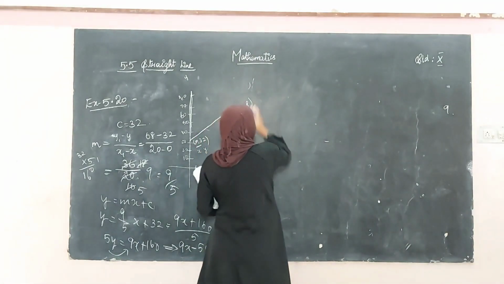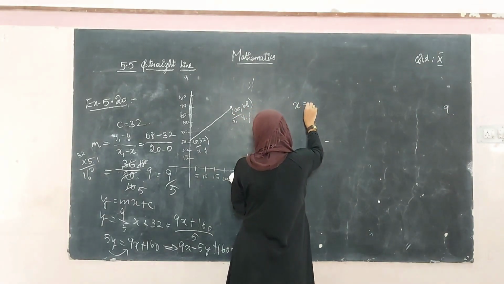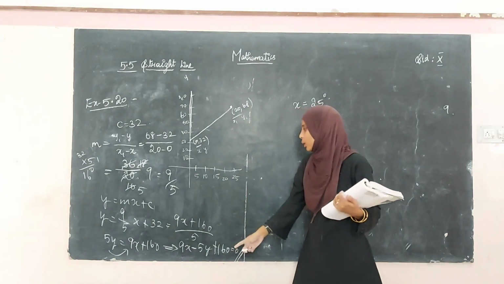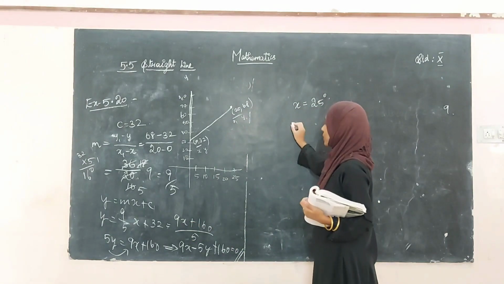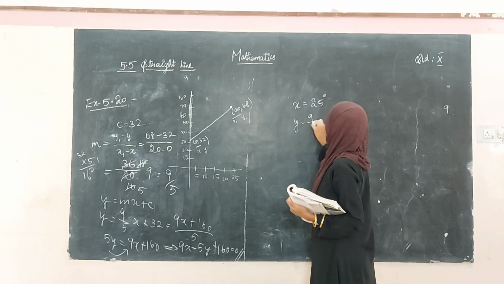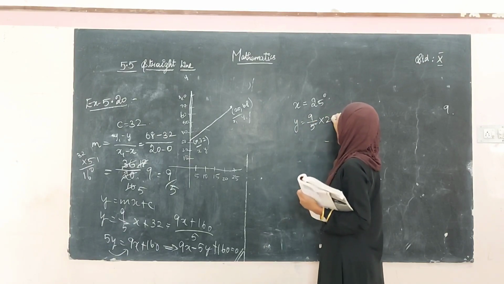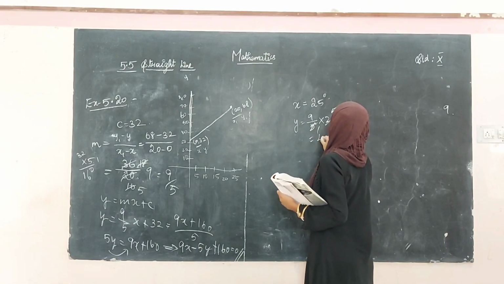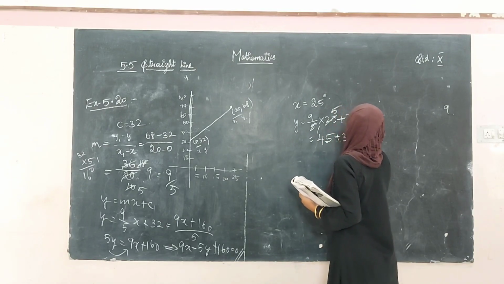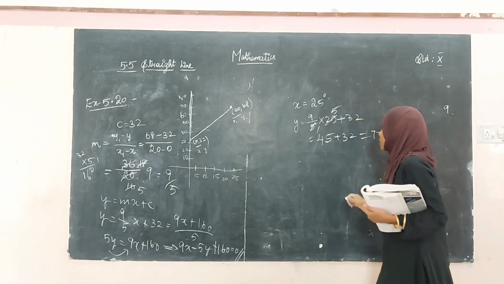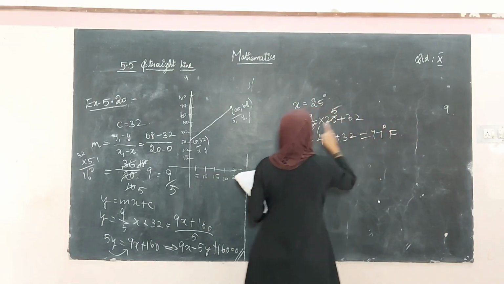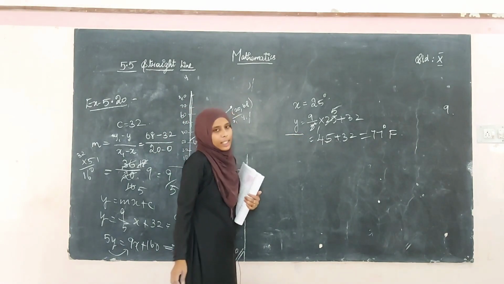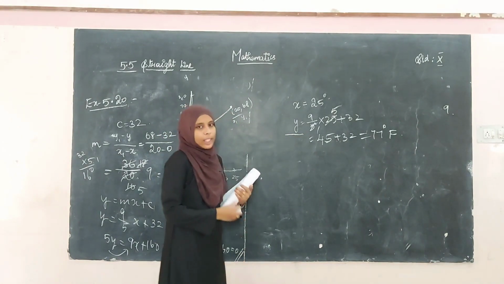Okay, so here the thing given is x is equal to 25 degree. Now we have to find the value of y. So we know the formula here, right? The equation of the straight line. y is equal to 9 by 5 into x, x is 25. What is c? It is 32. 9 fives are 45, plus 32 is 77. So y is equal to 77 degree. This is Fahrenheit. You have to write the units correctly because everything in y is Fahrenheit, and everything in x is Celsius. So the value of y is 77 degree Fahrenheit.